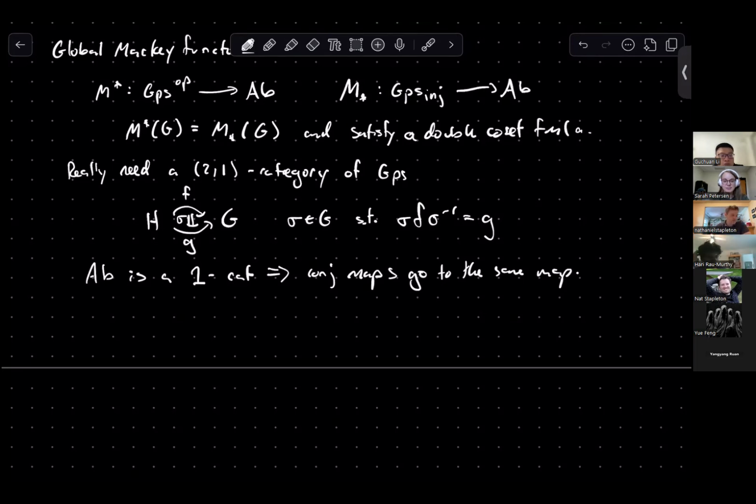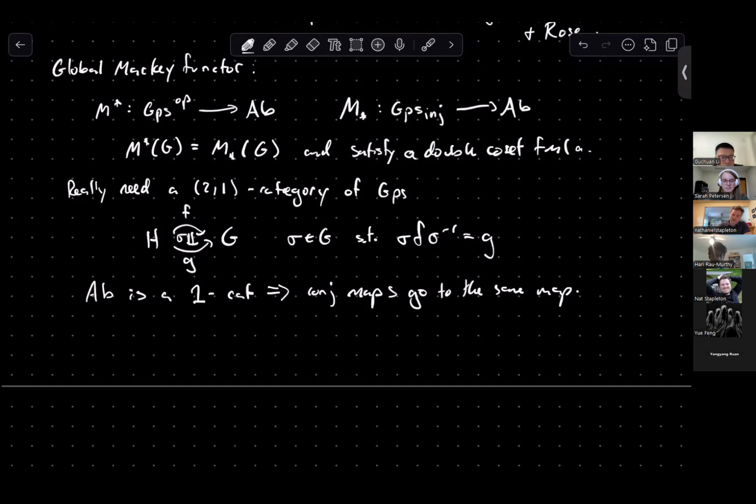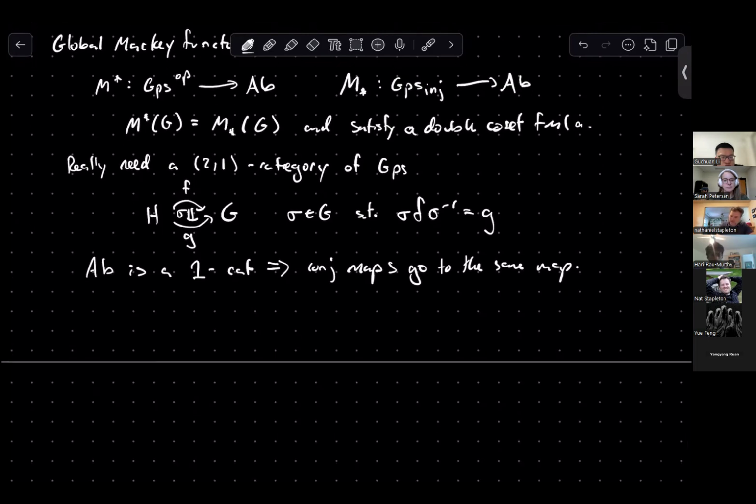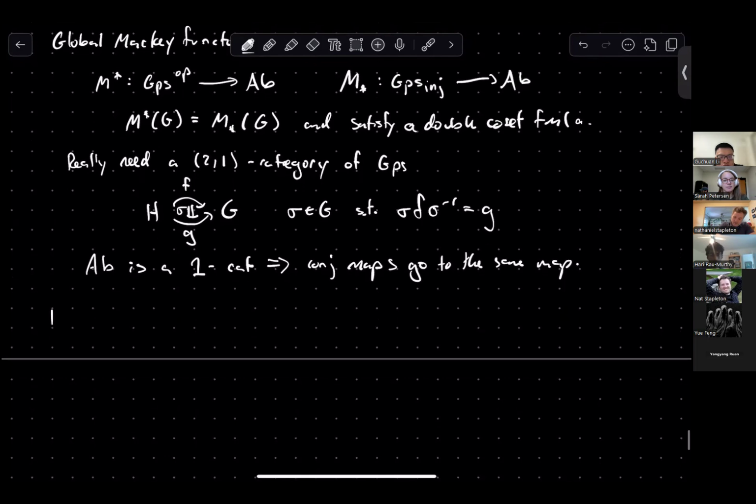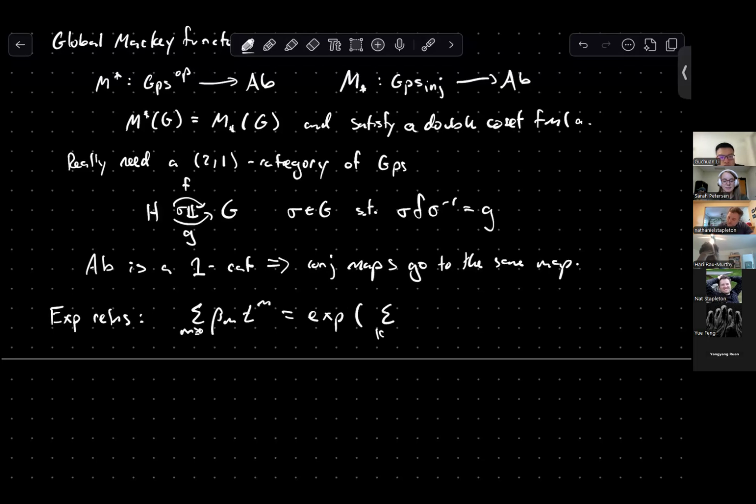And once I say that, then this really is the definition of a global Mackey functor. This is fine. So that's one thing that I wanted to emphasize that I had not emphasized before. There's a few other things that I wanted to emphasize from the previous lectures. We talked about exponential relations in the previous lectures. For instance, we talked about this one for representation rings, that the sum of the symmetric powers, for m greater than or equal to 0, is exp of the sum over k greater than or equal to 1 of psi k over k,